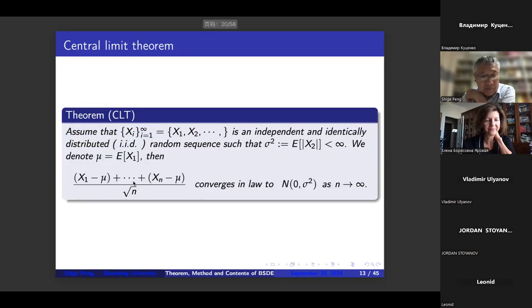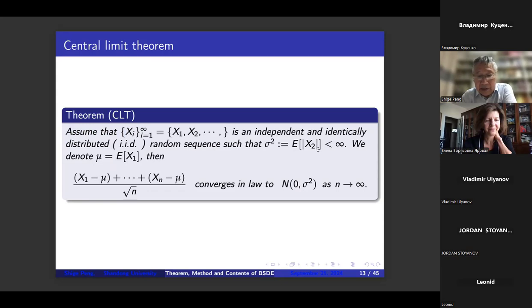Also, we have the so-called central limit theorem, telling us that if xi is an independent and identically distributed random sequence satisfying this condition,